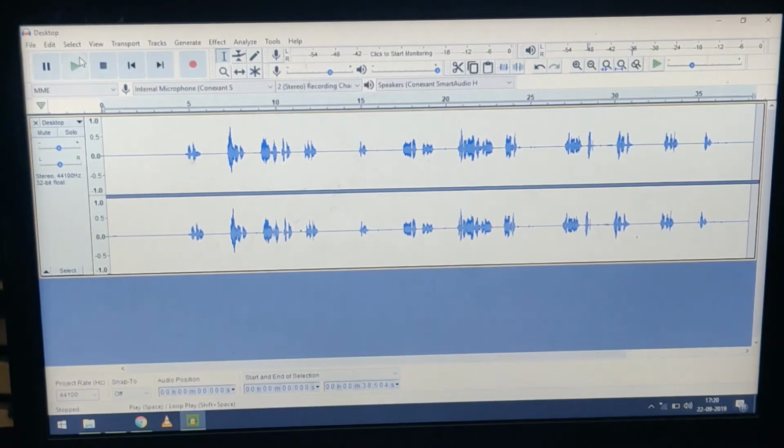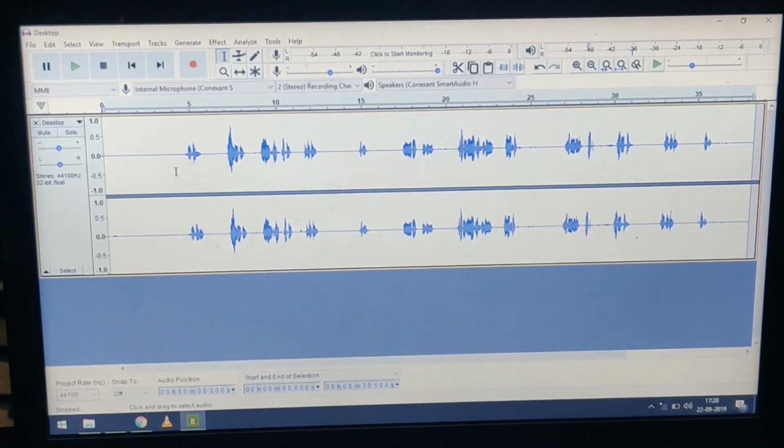Wherever the noise is present, the software is going to remove it, not your voice, because I have given the profile that this is the noise area. If it appears in any area, it will be reduced completely, not your voice. It has not affected your voice. So I have selected the entire audio.